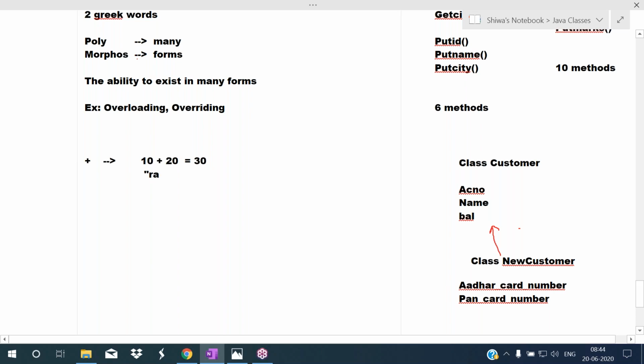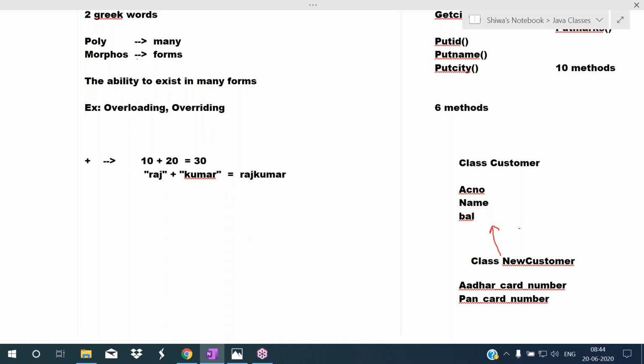For example, I'm giving the first value as a string, Raj. After that, I'm using the plus operator and giving the second string, Kumar. So here the plus operator works as concatenation, and it gives the output Raj Kumar.